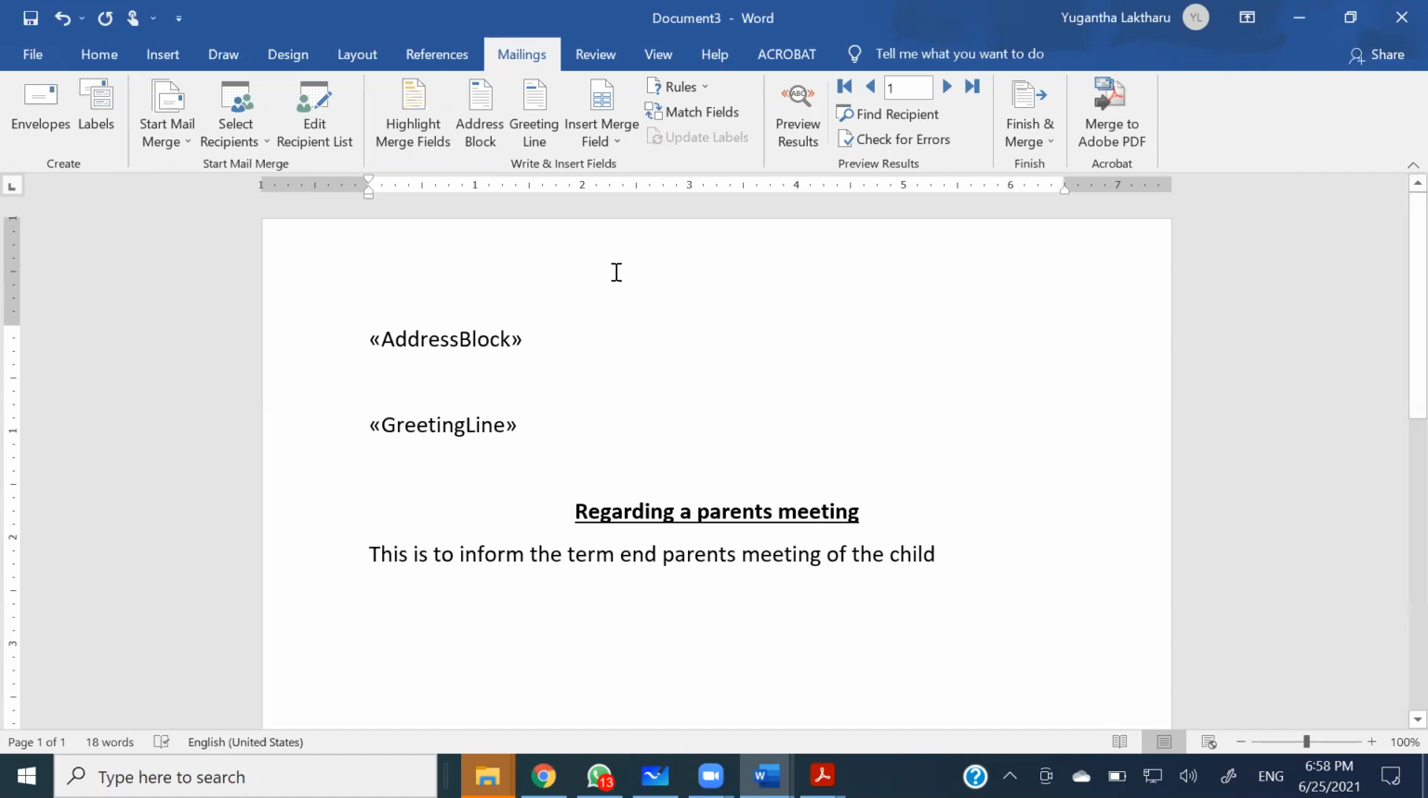So to do that, I can use this insert merge field. Once I click on it, I can see my columns: first name, last name, address line 1, city, S name. So I need the S name after the child word. So I just move my mouse pointer over here and double click on the S name. So S name will appear here, right, of the child. Then I put a comma